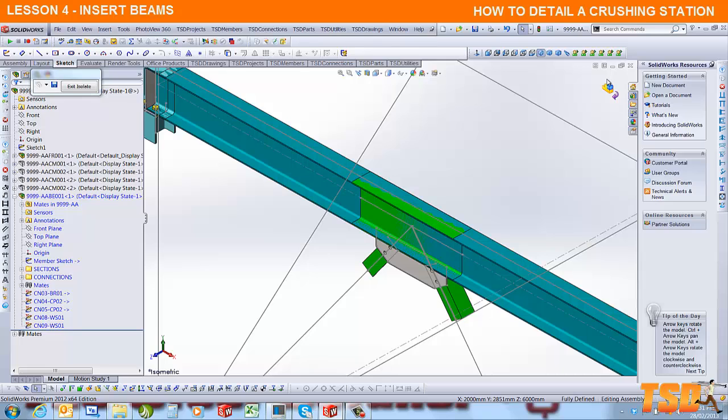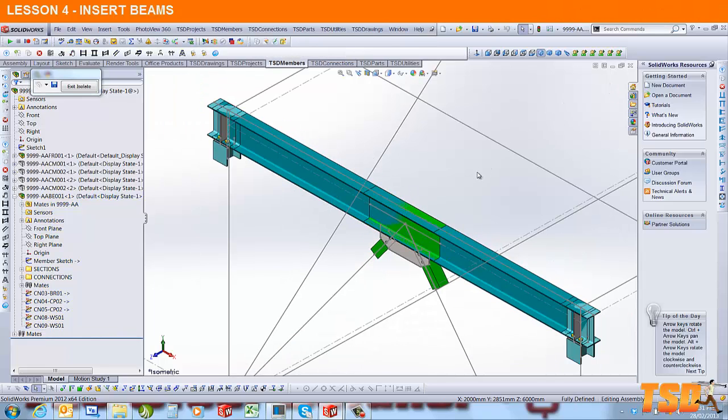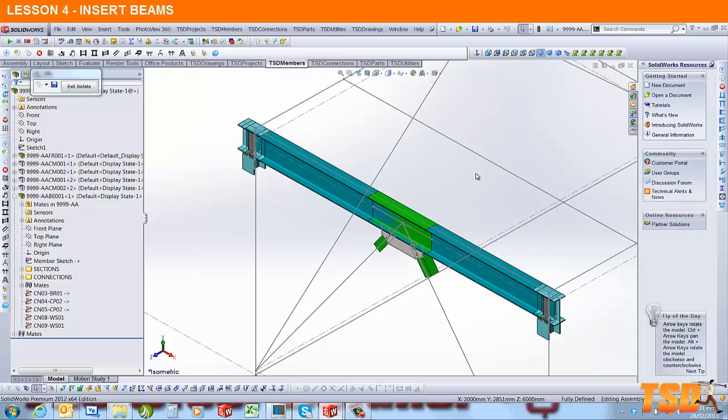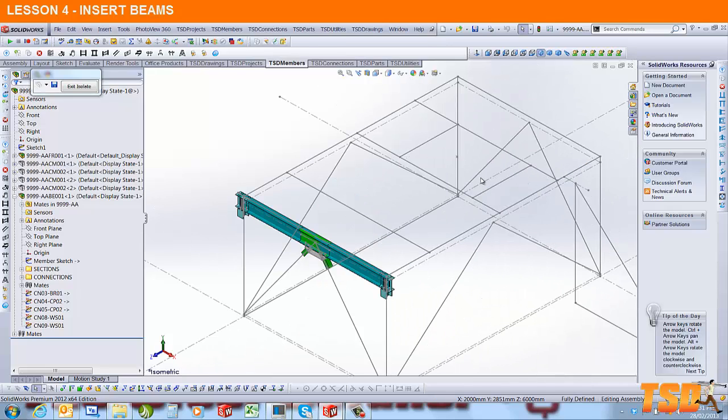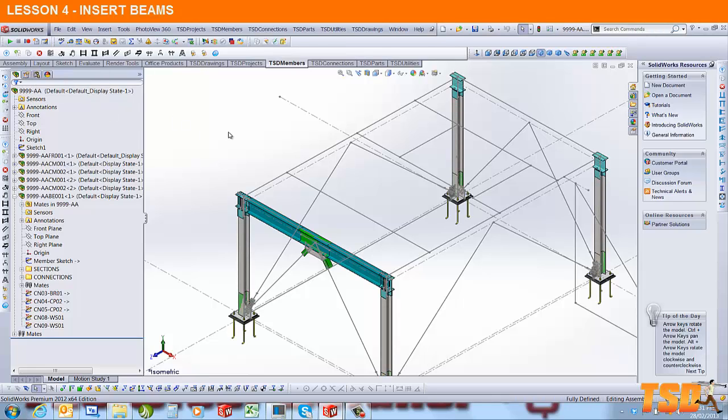So that means that if we were to move the driving sketches or change the width, the connections would automatically update their positions in that member. So that fixes the connections in their locations. Just exit out of isolation, do a Control Q, Control S just to save everything that we have done,